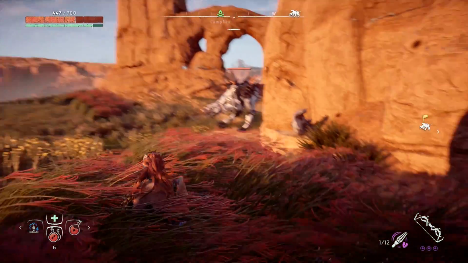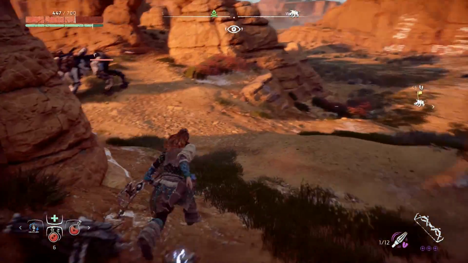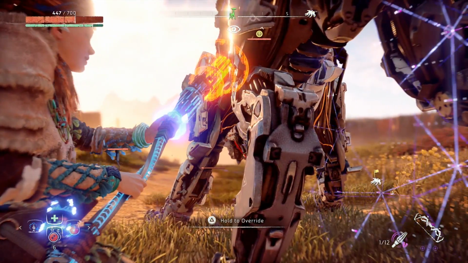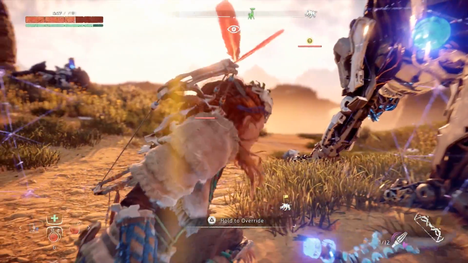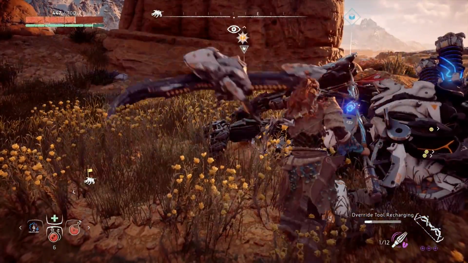And all of these different tools that you have available to you just give you so many different ways in which you can tackle the machines, and it just becomes very satisfying, figuring out how am I going to take this machine down this time. Because like you can take a machine down one time and you're like, okay, this is the easy way to take this machine down, and then you can try and take it out in a different